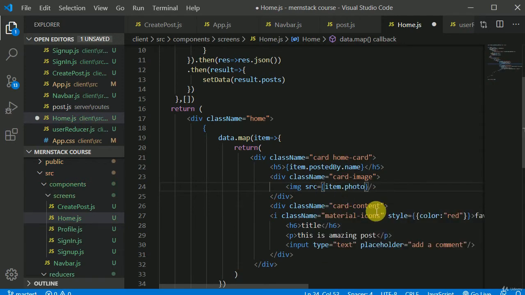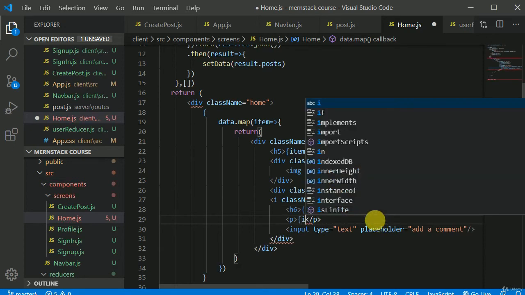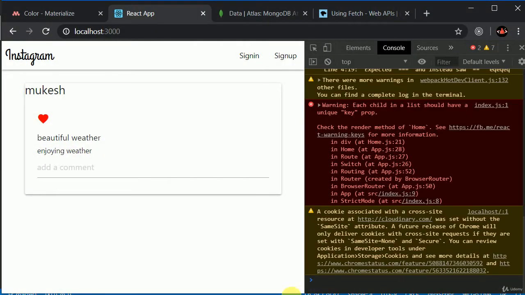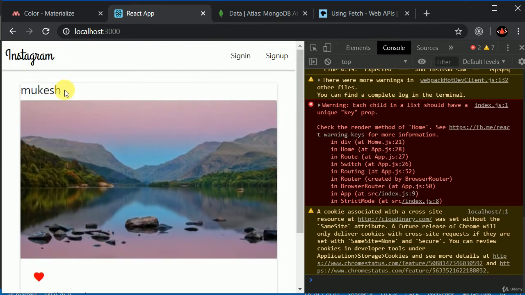item.photo, right? And we have title, right? item.title. And we have body as well, right? Let's save this and let's see. Let's cross our fingers. Okay, amazing. Here we can see the title, enjoying weather, the name of the user who posted, and this is beautiful, isn't